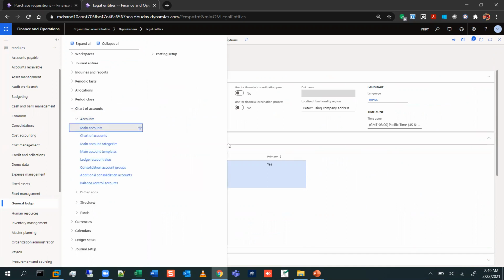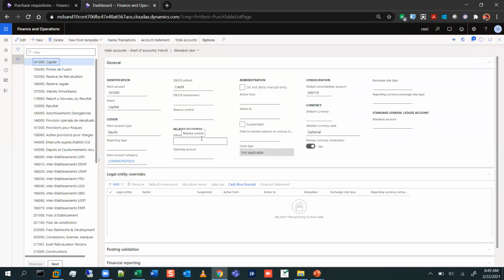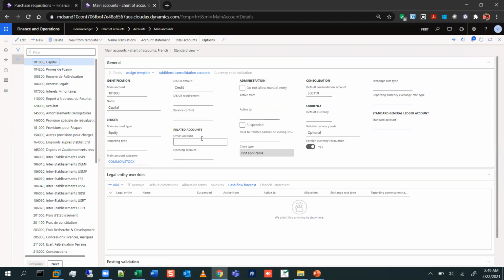So this is how you first create your chart of accounts. The main accounts are then added. A lot of configuration is done, and it is done with a group of people, a team. Probably 4 or 5 of you might be doing this. The first time I did it, it was with a team of 6 or 7 people, all functional